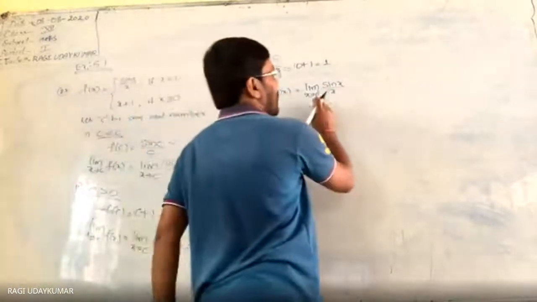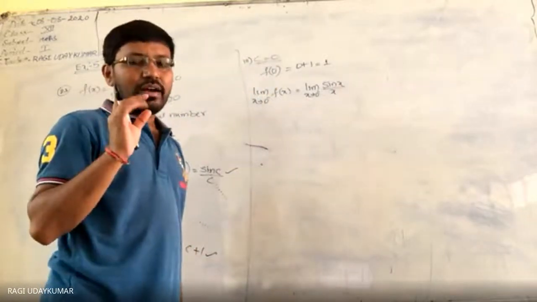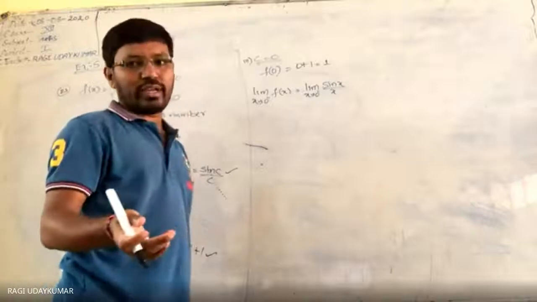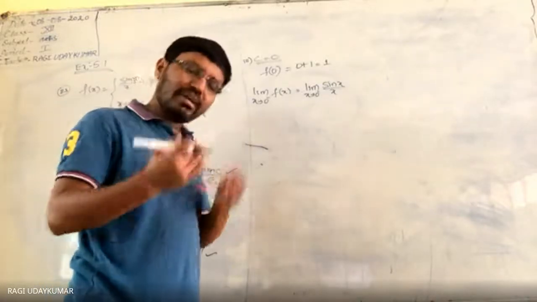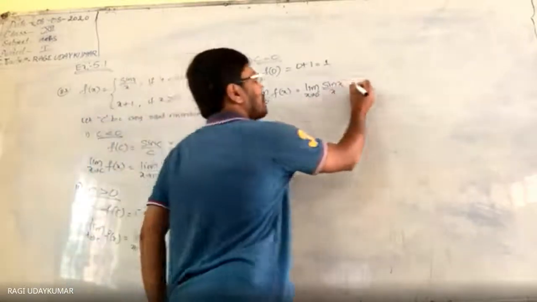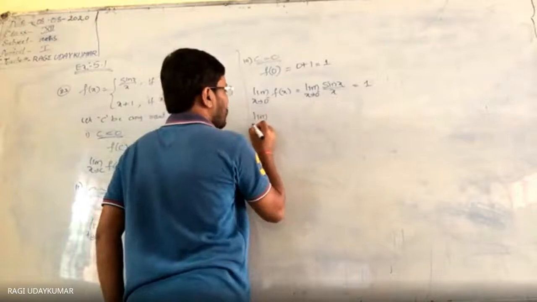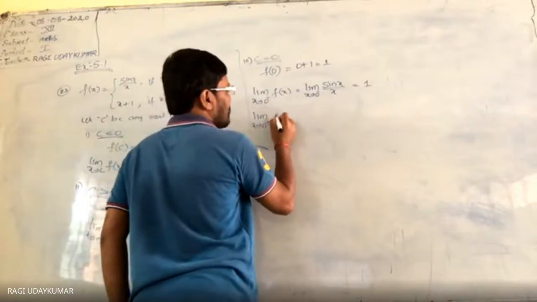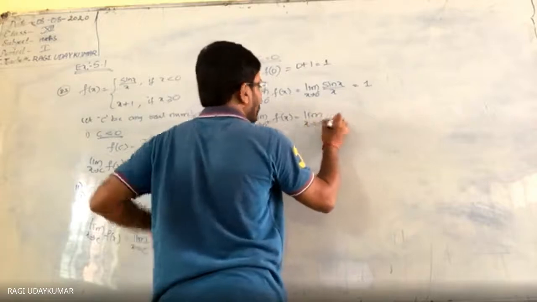So this value 0 minus is nothing but not negative one; it is approximately 0. So you need to take 0 only into consideration. So when you take sin x by x, we are going to get this value as 1. And for the right hand limit, you see here, limit x tends to 0 plus of f of x. So this function should be taken into consideration.